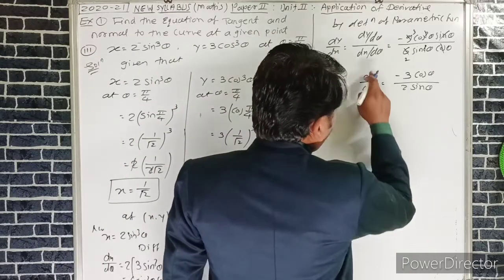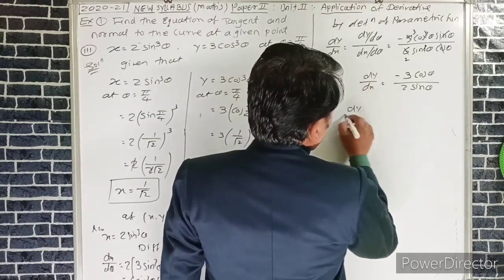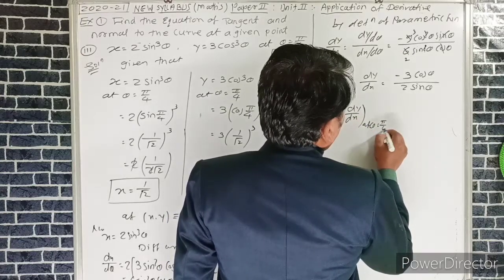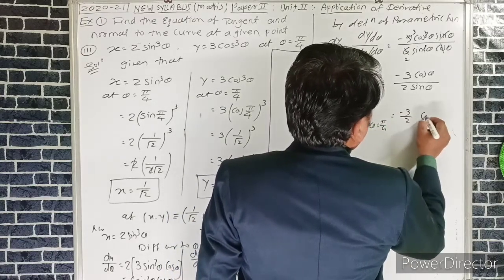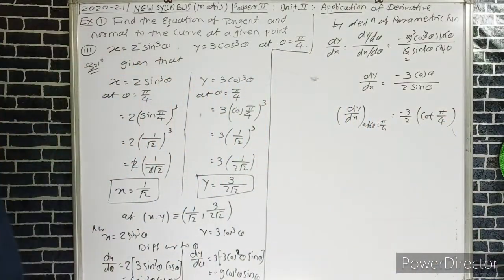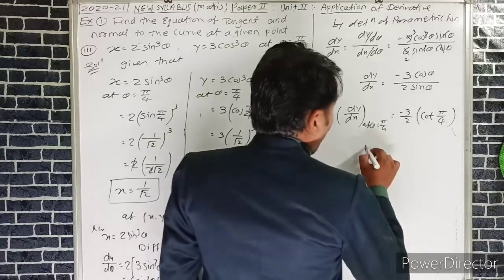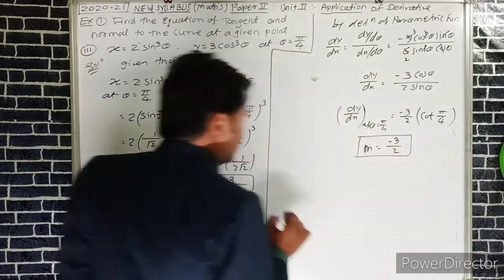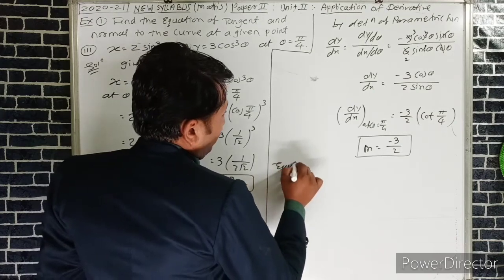We can write dy by dx at theta is equal to pi by 4, which is minus 3 by 2 cot of pi by 4. The value of cot of pi by 4 is 1, so the slope m is equal to minus 3 by 2. Then the equation of tangent